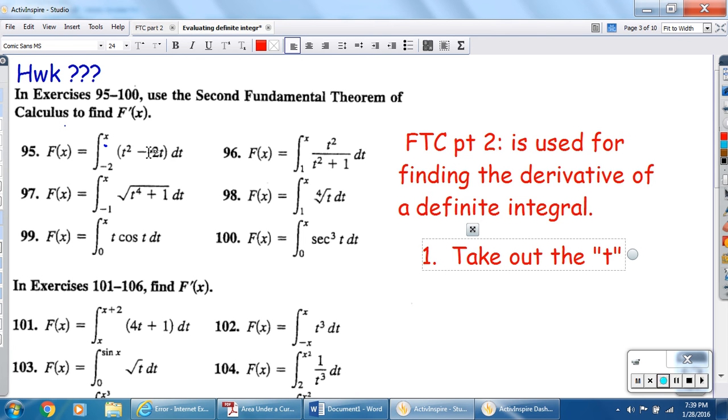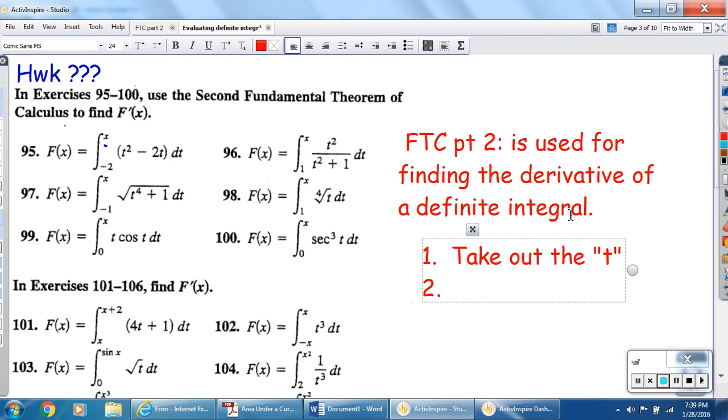Remember, the integrand is the function that you're actually going to find the antiderivative of. But we know that the shortcut, the fundamental theorem of calculus part 2, we don't actually have to find the antiderivative because we have a shortcut. So the first step is to take out the t, take out that dummy